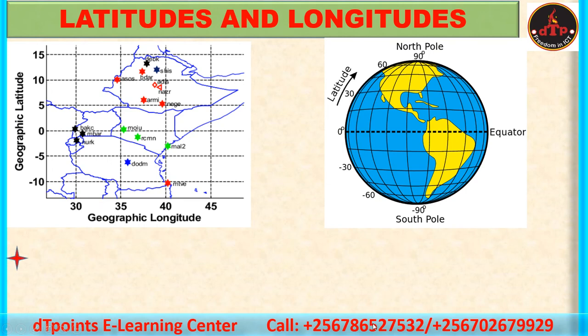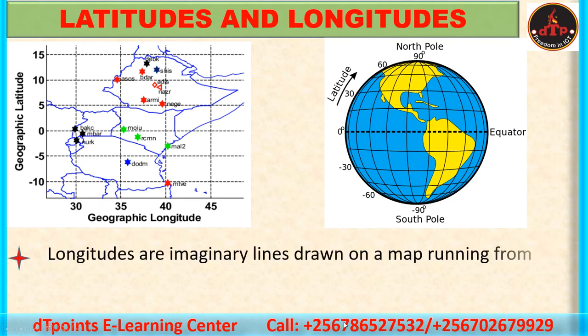So what are longitudes? Longitudes are imaginary lines drawn on a map running from north to south. So when you come here on our diagram, these lines which run from the north to the south